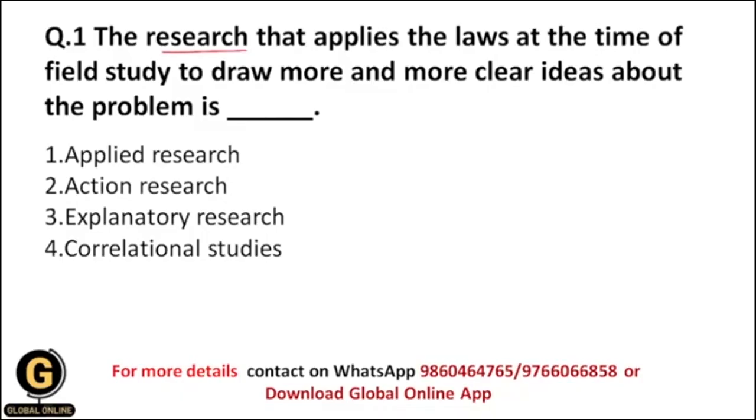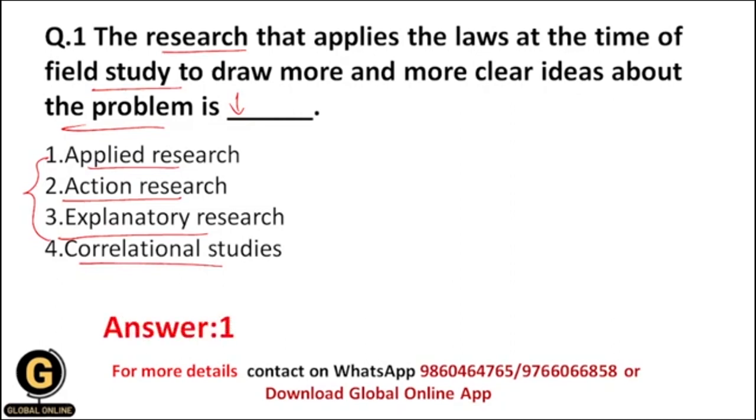The type of research that applies the laws at the time of field study to draw more and more clear ideas about the problem is dash. Among these options, which is the type of research which applies the laws at the time of field study, and because of that we can draw more and more clear ideas about the problem? Whether it is applied research, action research, explanatory research, or correlational studies. The correct answer for this is applied research, because